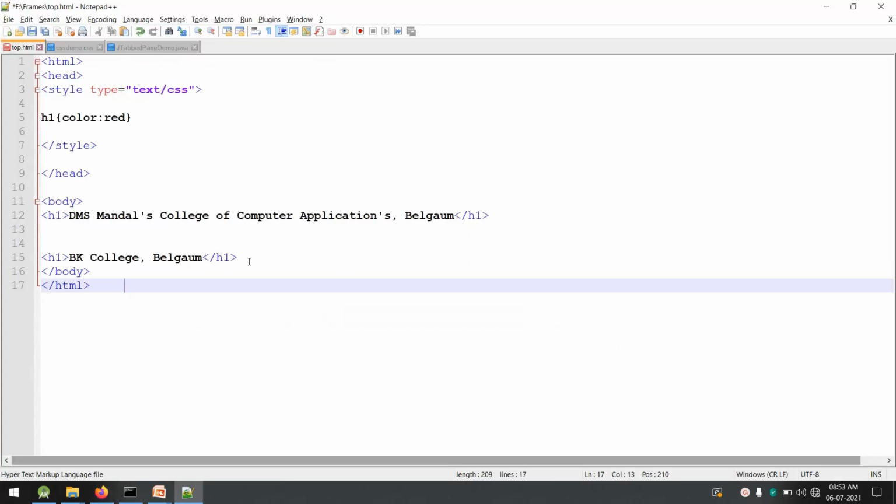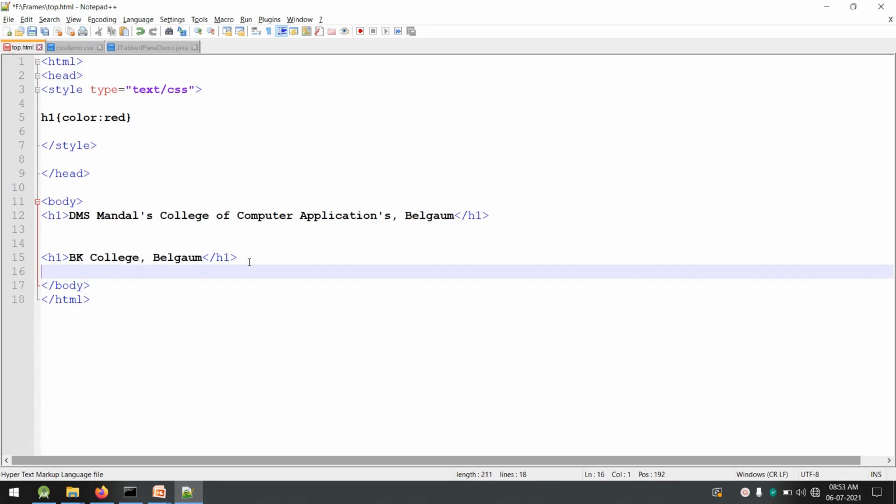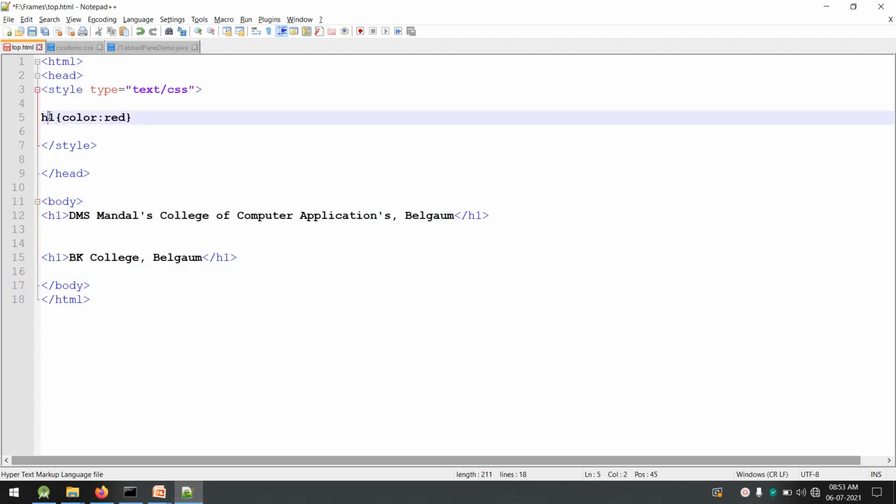If I declare some 10 more h1 tags here, all those h1 tags will have the same color, red, because for the selector h1 we have specified the color as red.